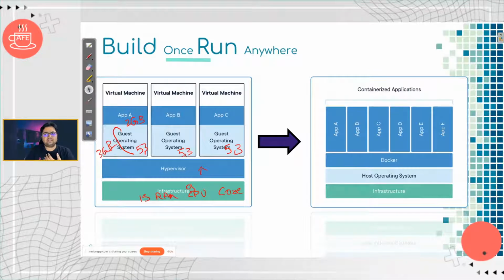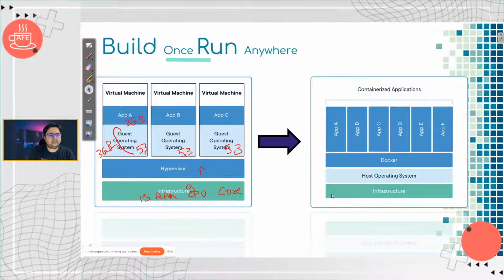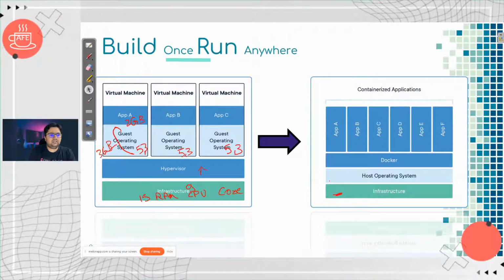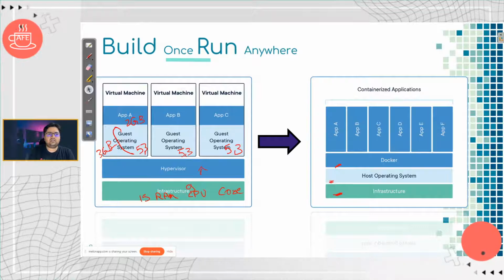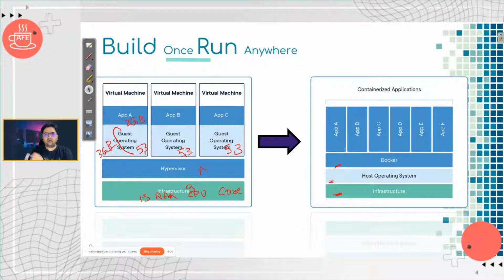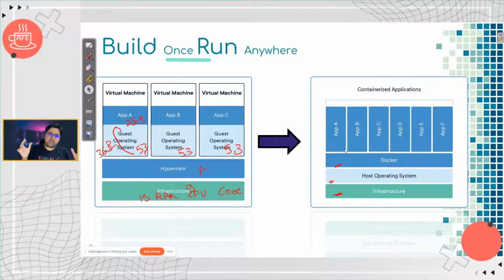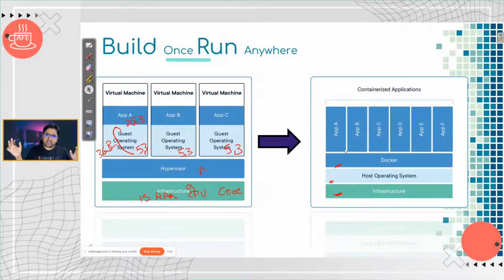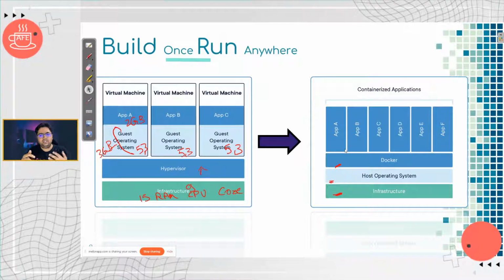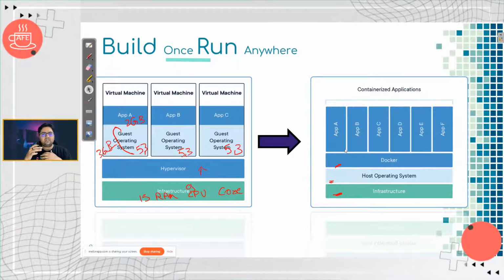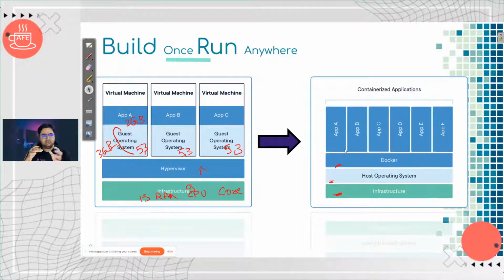So that's the thing. But when you have a containerized application, this is how it works. You have infrastructure, you have the host operating system, and instead of a hypervisor, you have an engine, which is the Docker engine. And here you have all the room to play. It's like they are all very cooperative, and they can expand very elastically depending on how you have configured your containers. And that configuration is much easier to manage than creating a whole new virtual machine.